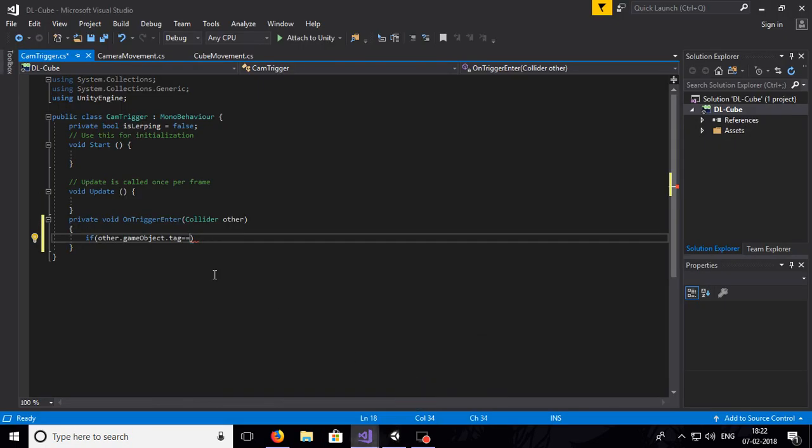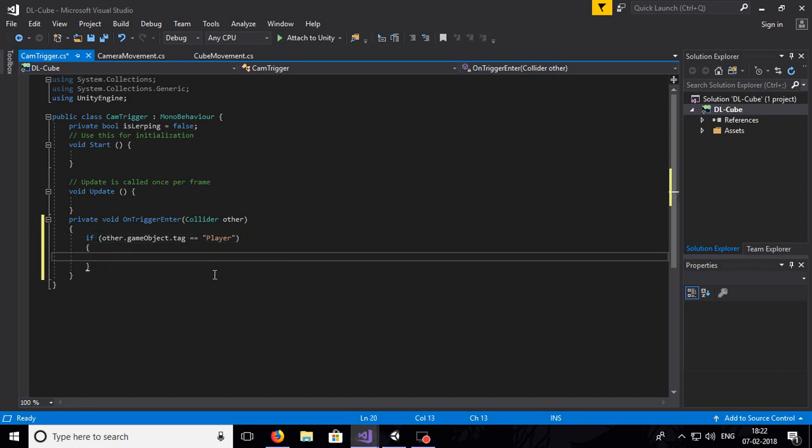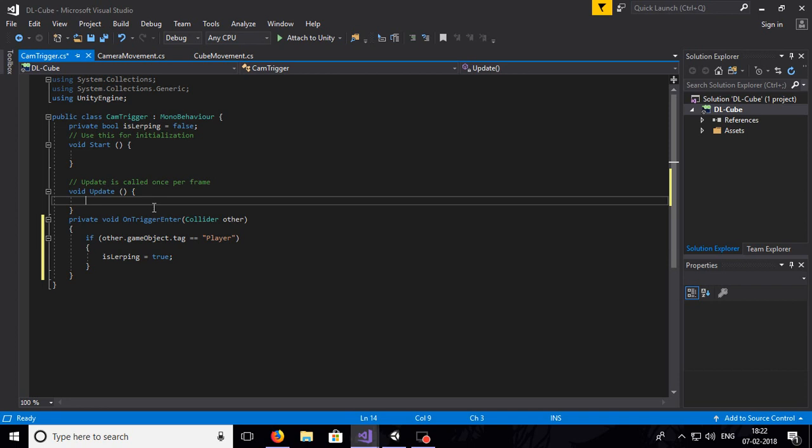So equal to Player, isLerping is true. Now you have seen my second video about lerping. It never happens in OnTriggerEnter, it will happen in void Update. So if isLerping equals true,